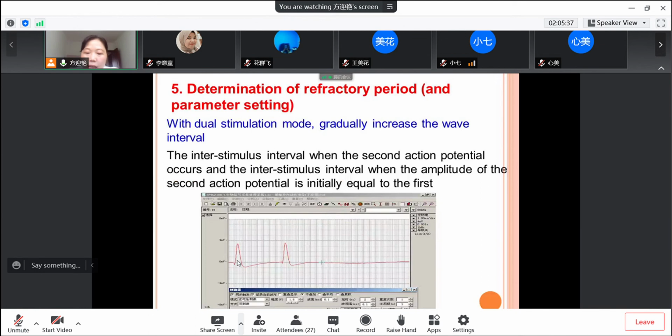We see the same channel, channel one, and at the same time channel two also has the wave, but we don't look at that. We majorly look at channel one, where we give two